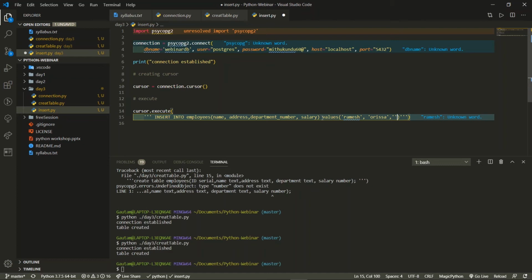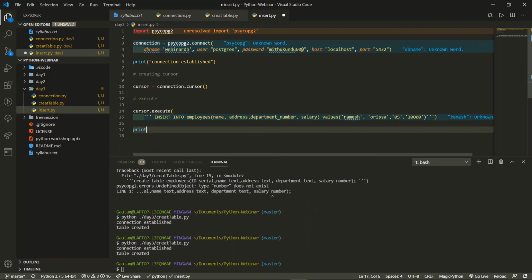As the department number was integer type, we'll write, for example, 05 as the department number, and the salary is float type. So let us see in two types. Let us write a number first, for example 20,000, and then we'll write a float value. Okay. So let this salary be 20,000.